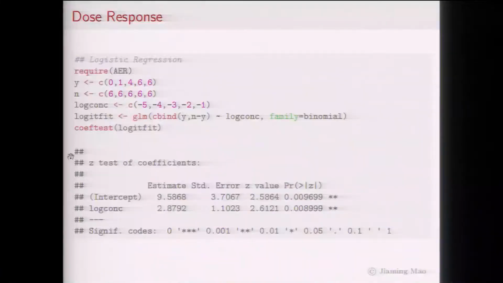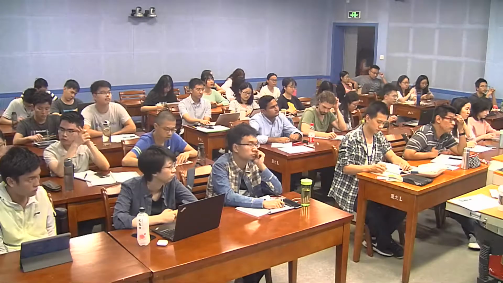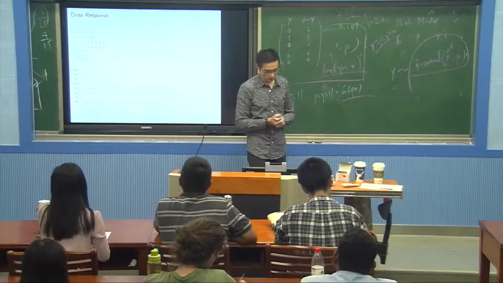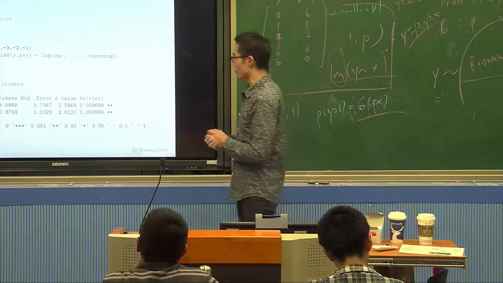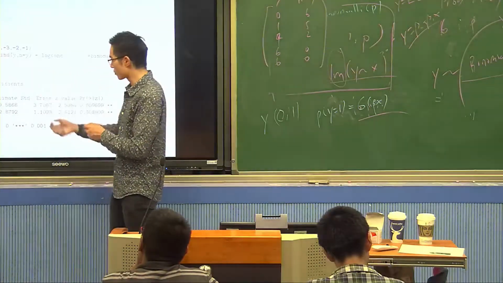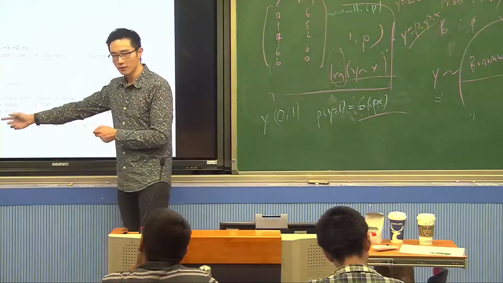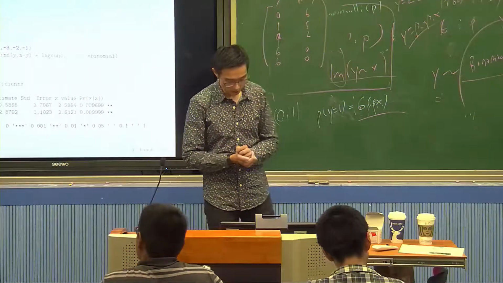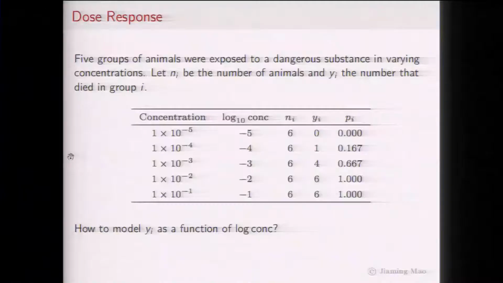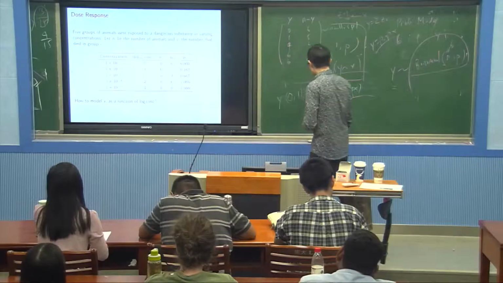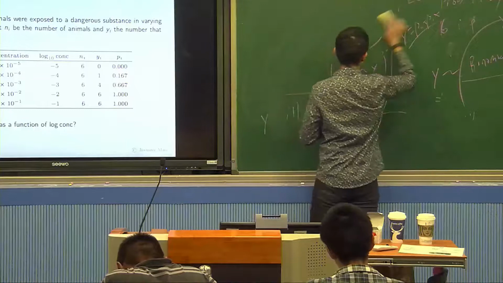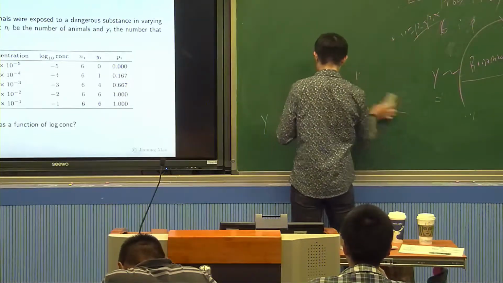All right. So we can do this thing, GLM with family equal to binomial, to estimate the regression of how many animals died. And basically the estimate will tell you that X, which is concentration, significantly contributes to the death probability of animals. Now I'm going to come back to this question, which is,